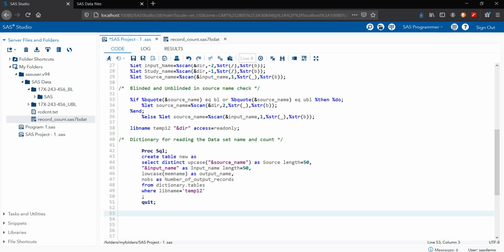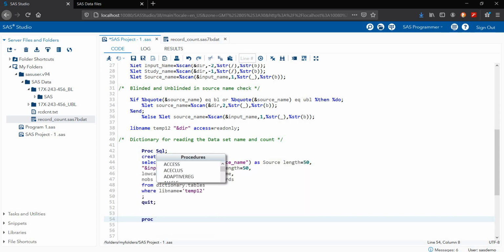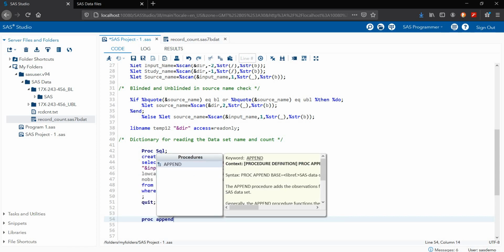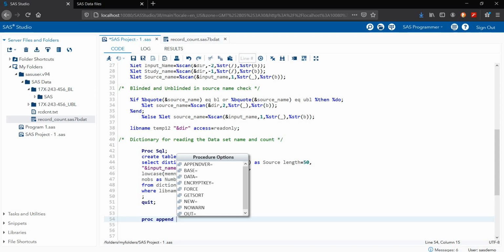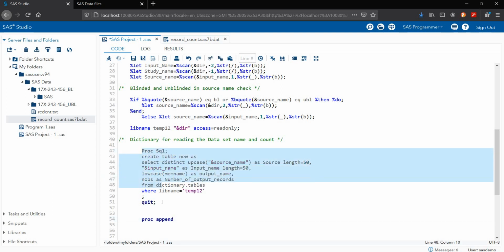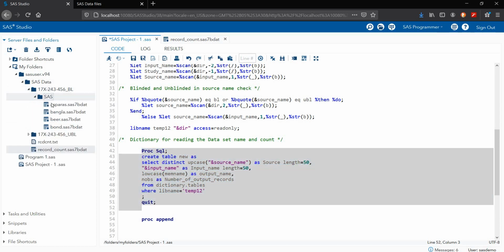Next we are using proc append. I need to append all this data, because proc SQL will read the first folder and path, then we need to run the statement again. It will run again and count the second data set, then third, then fourth.